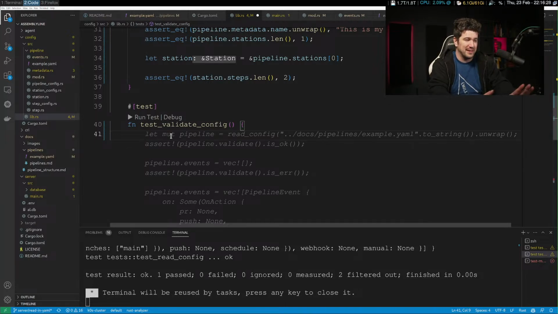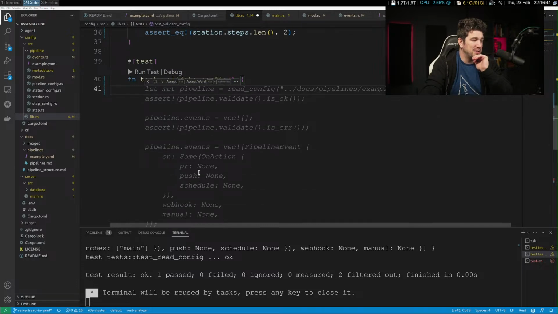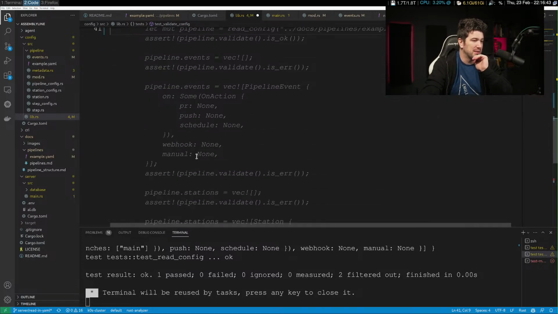All right, let's look at this. Let mutable pipeline read config, okay, unwrap. I don't actually need all of this other stuff here.